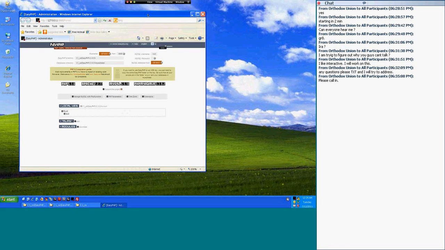Okay, so what's basically going on is that you're going to have a basic web server, could be IIS, running with PHP, and you'll have MySQL, which is free, and then MySQL admin, which is a very simple web interface to